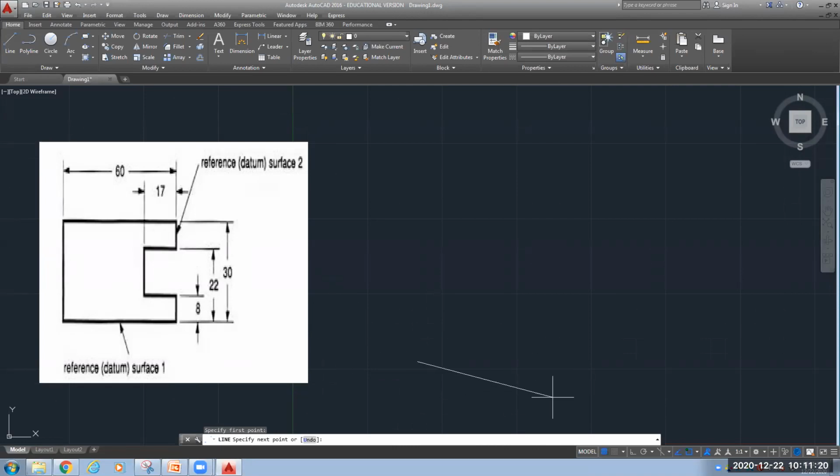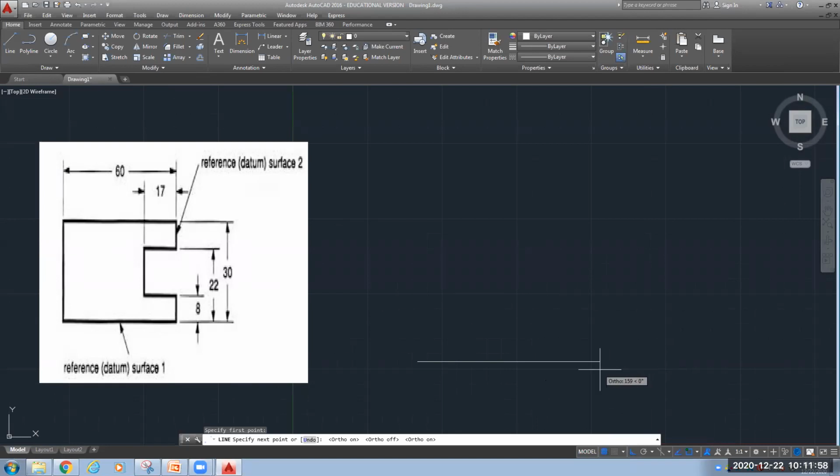So to get the horizontal and vertical lines, I need to switch on ortho mode. Here you can see at the bottom, ortho mode. The shortcut key is F8. So I will switch it on. As soon as I click on it, you can see the line that I was trying to draw is now horizontal. And the icon has changed its color to blue. Earlier it was white in color. When I switched on the ortho mode, it is in blue color.